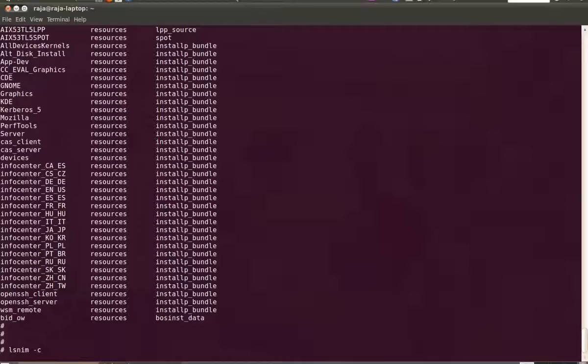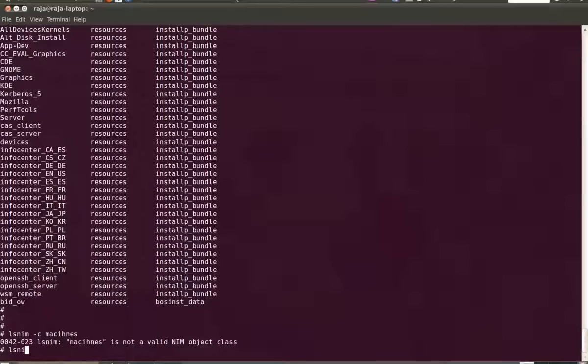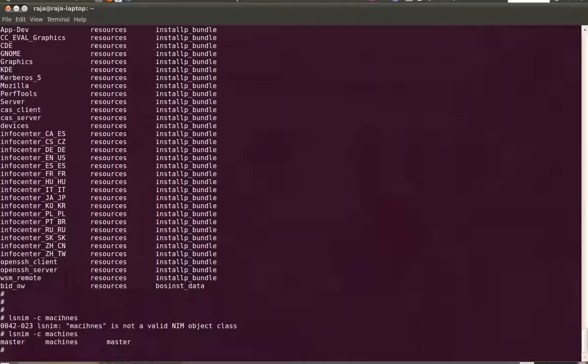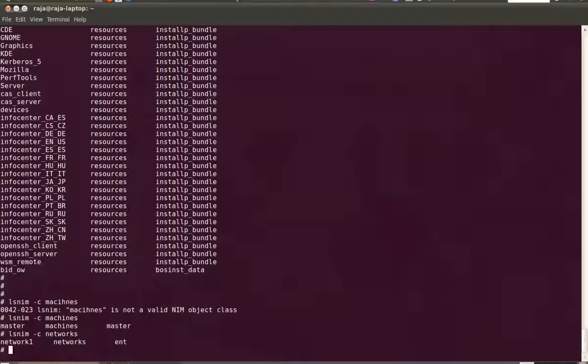To find out the objects in the class machines, lsnim -c, the class name is machines, and we have another class called networks. So we have only the master server added to the NIM database, and there is a network object called network1. It belongs to the class networks, and it is of type ent.